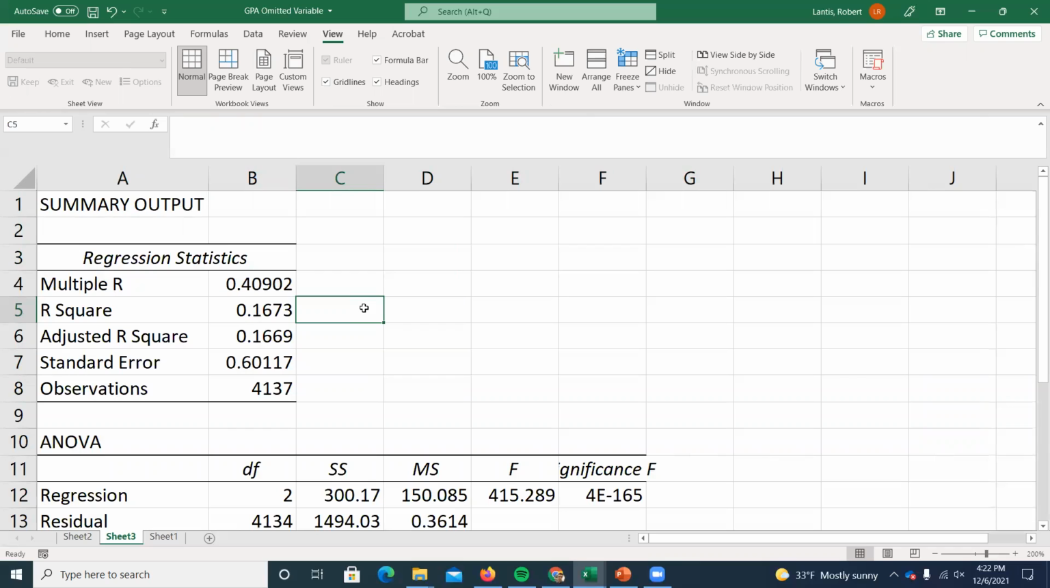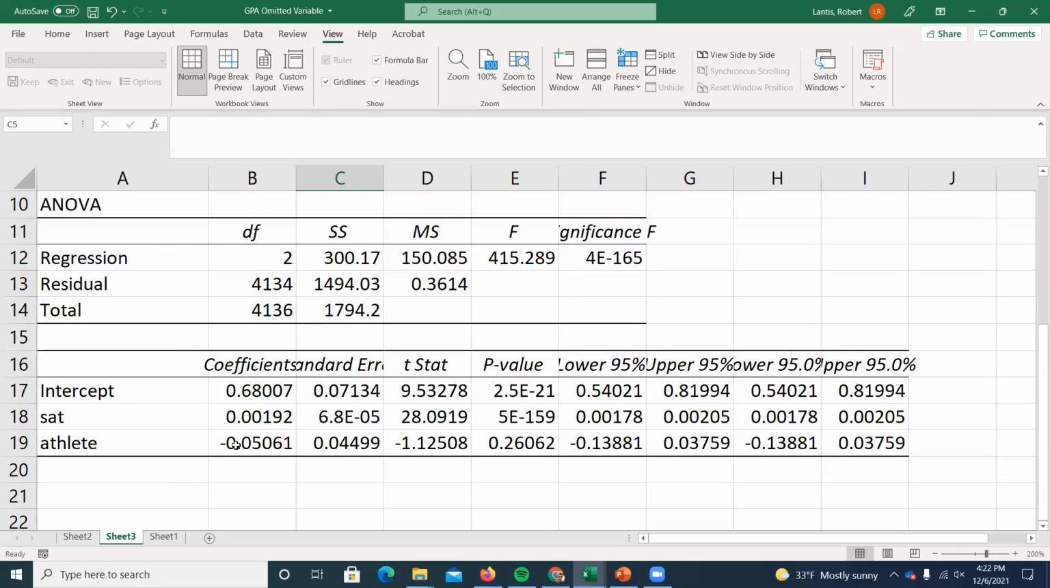So now when I go down and look at this athlete variable, I see that it's still negative, but it's negative 0.05. So it's fallen by quite a bit, because now I can say the effect of being a student athlete decreases GPAs by about 0.05, or predicted GPAs, holding constant the SAT score of the student. So two students who come in with the exact same SAT score, but one of them is a student athlete,